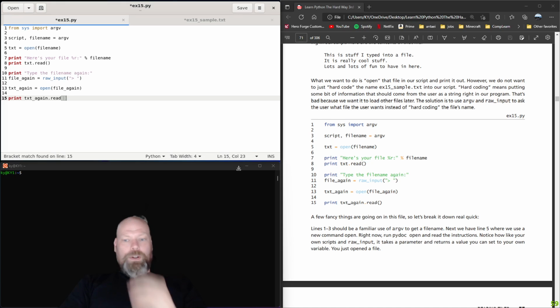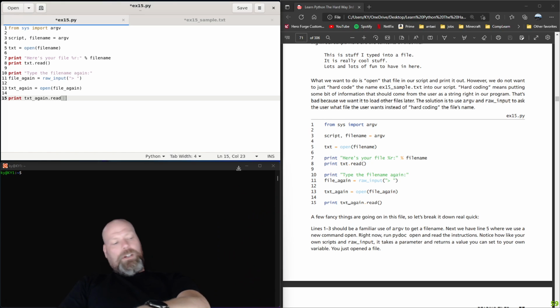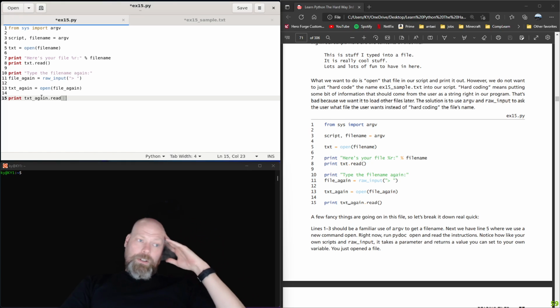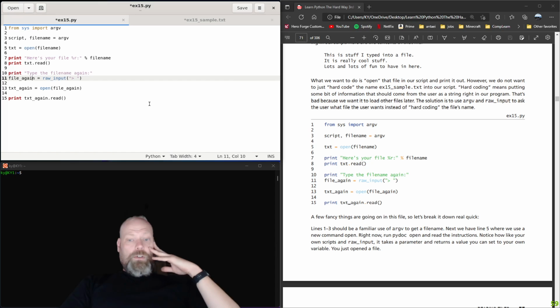All right, so he says go from the bottom, the end of what you're supposed to be transcribing, all the way to the top. So we're going to do that. We're going to go print txt underscore again dot read. Got it. Okay, that one looks good. txt underscore again equals open file underscore again. That looks good. file underscore again equals raw underscore input, and then a caret. What is that? A greater than sign? Yeah. So parenthesis,